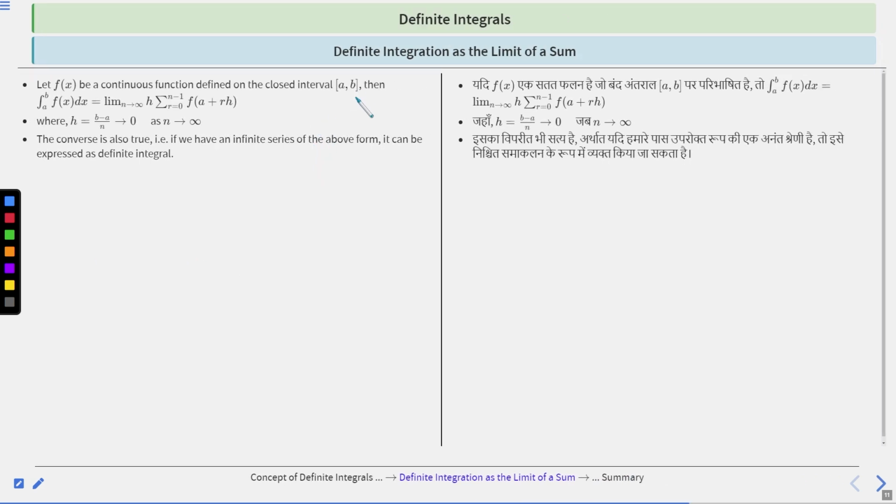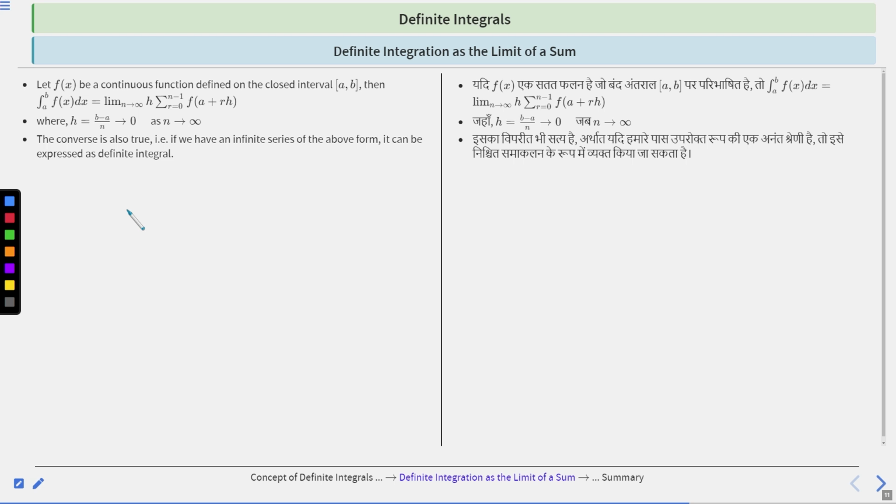Now let's move to definite integration as a limit of a sum. This is a very important part. Sometimes a limit question comes in the form of definite integration, so many students think that this question is of the limit chapter, but actually the question is for definite integration. So how do we convert that limit into the form of definite integration, so that it becomes very easy to solve? And there is one thing to determine that this question is for definite integrals.